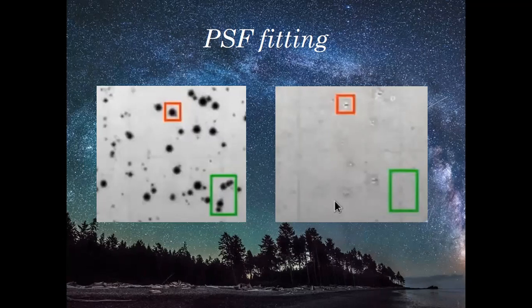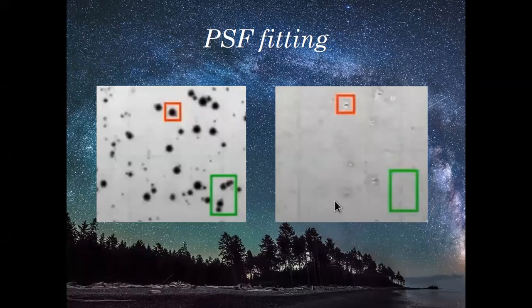Can you see the subtracted image, the subtracted PSF in the green zone? It does not have any kind of protrusions. It's quite a plain figure, right? Can you see the green box on the right? It's completely plain. So how will you say that your PSF fitting is done properly? If the zone of your choice is completely cleared of any kind of image, then you can say your PSF fitting is done well.